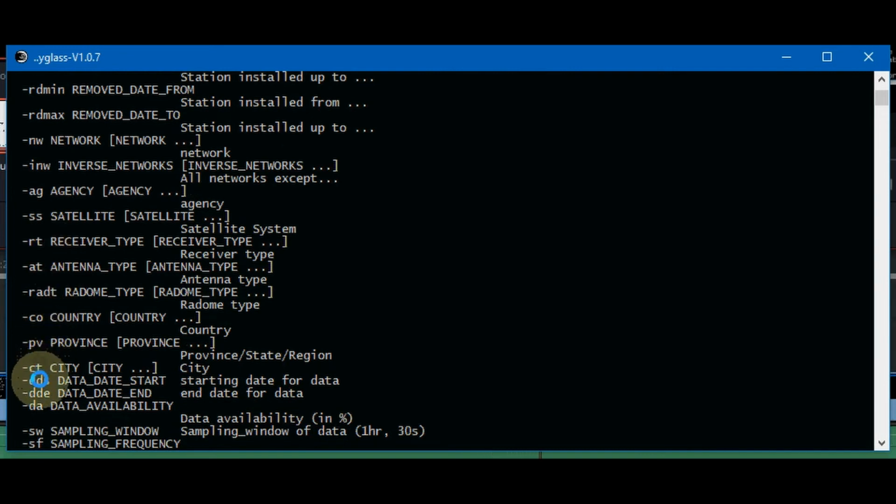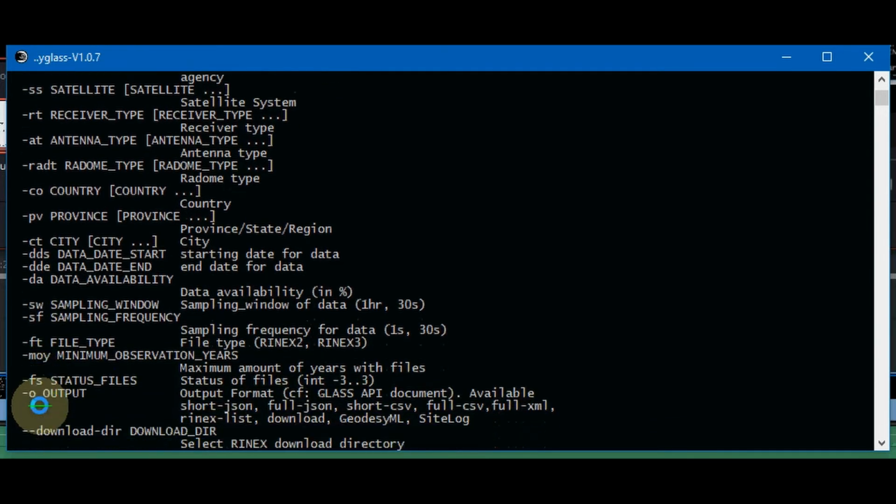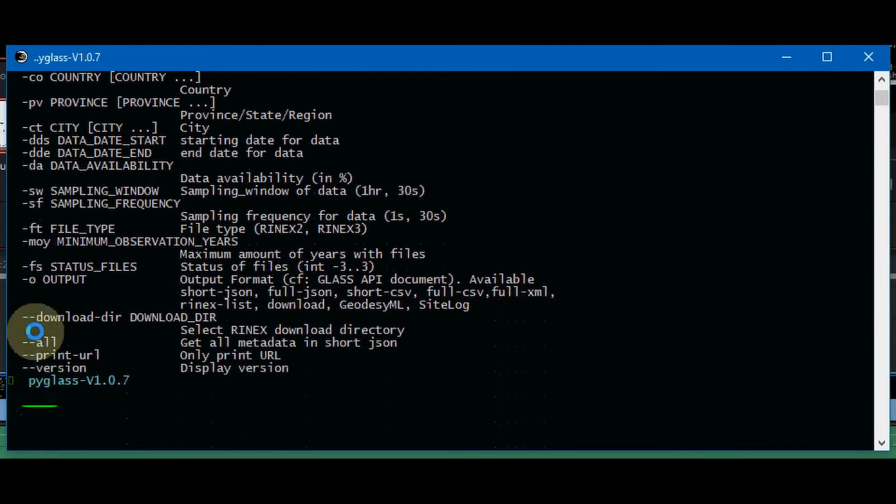Here we have the file metadata parameters. DDS and DDE for defining a starting and ending date for the data. DA for defining the percentage of data availability required. And there are more parameters for the file metadata. We can then choose an output with O that allows to select the format of the output.